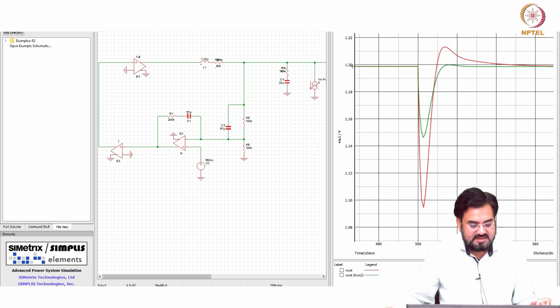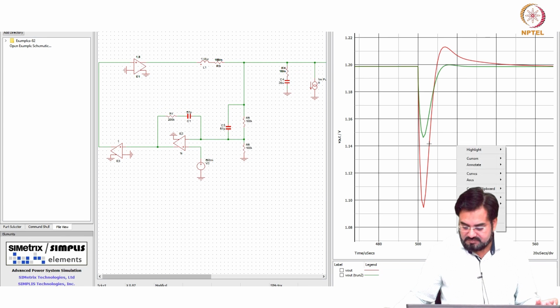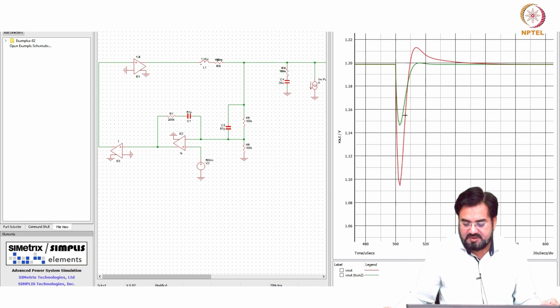So just by simply changing the L and C values, it is reduced by almost half, more than half actually, and your overshoot which you were getting due to that resonance peaking, that also almost goes away. So whenever you see this kind of behavior, then you can try to change your L and C, reduce the L and increase the C, and you can get a better settling response. Okay. So you are settling faster, because with this peaking, it will take more time to settle. Now you do not have that peaking, so it is almost settled here, this guy will settle here.